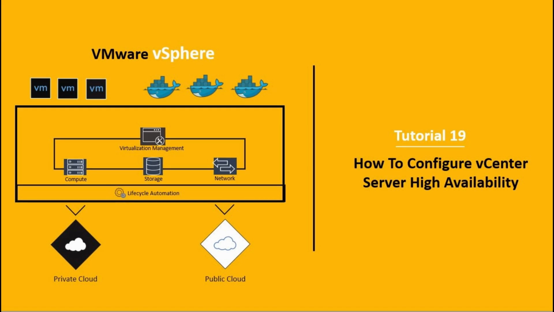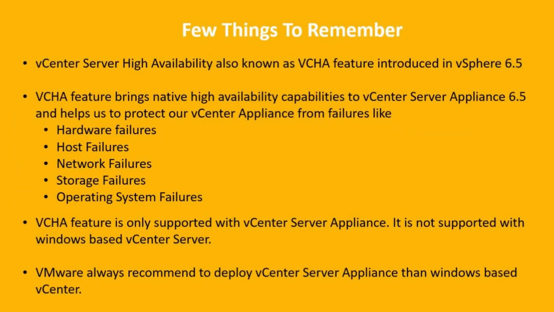In this video, we will be discussing the vCenter Server High Availability feature and how we enable it using the basic workflow. As you know, vCenter Server High Availability, also known as VCHA, is a new feature introduced in vSphere 6.5. This feature brings native high availability capabilities to the vCenter Server Appliance 6.5 and helps us protect our vCenter Server from failures like hardware or complete host failure, network failure or isolation, storage failures,